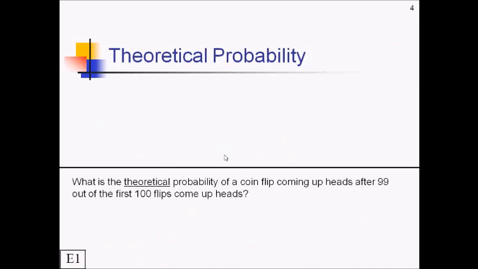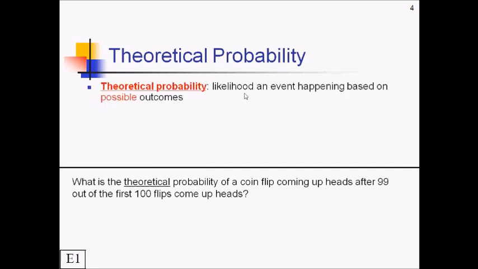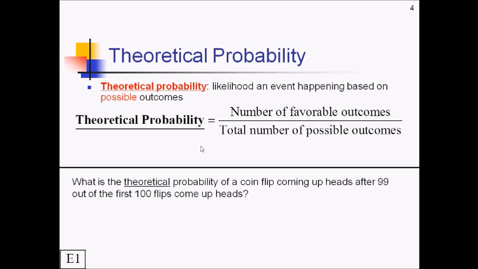Now that we've explored general probability and how we can express it, let's talk about a specific kind, theoretical probability. And notice I've reframed our warm-up question to be, what is the theoretical probability of that coin flip coming up heads? So theoretical probability is the likelihood of an event happening based on possible outcomes. This is the key word here, possible. So the formula for theoretical probability is just the number of favorable outcomes divided by the total number of